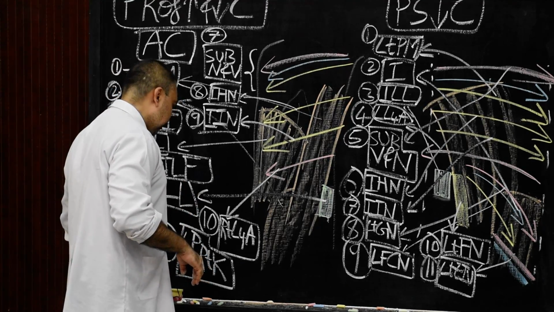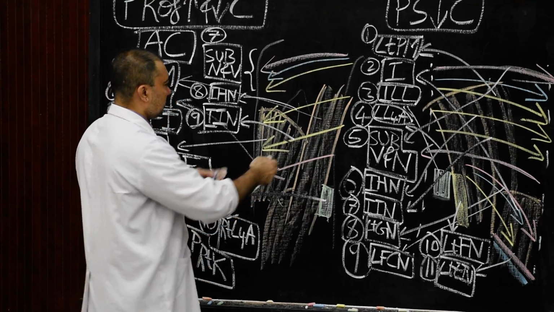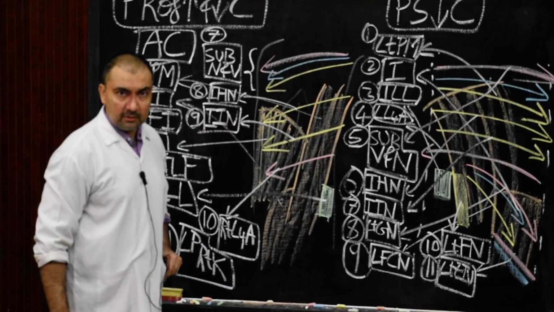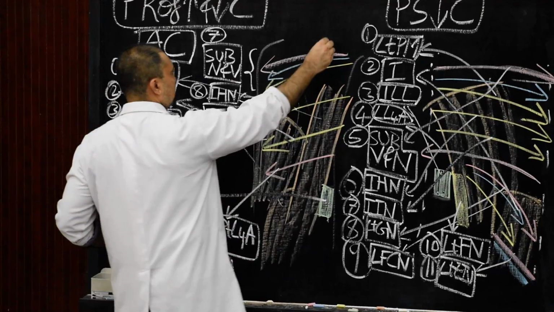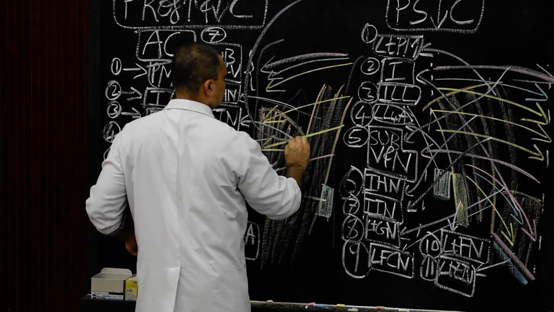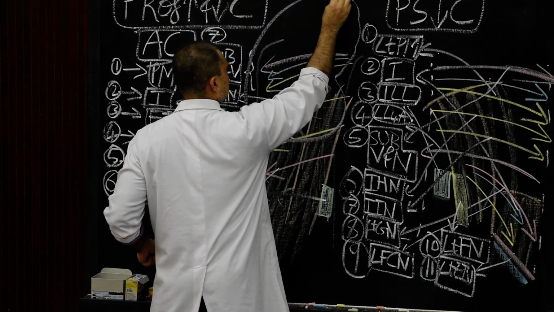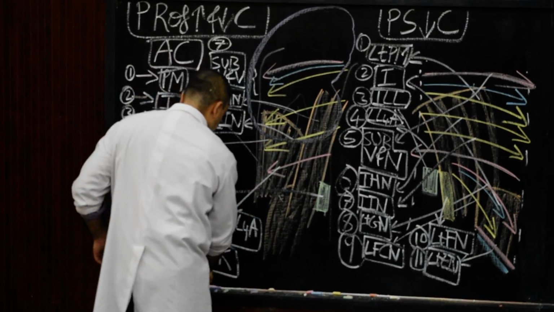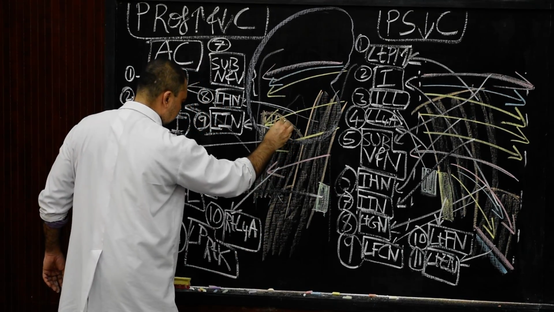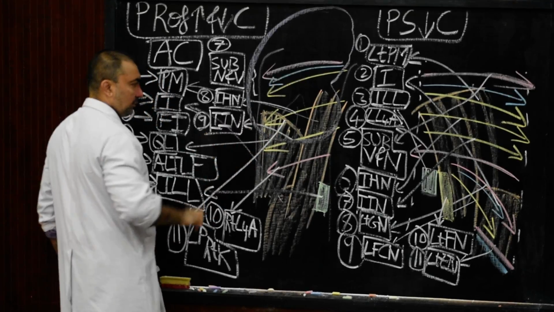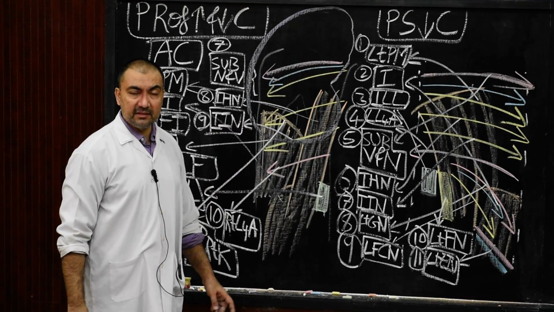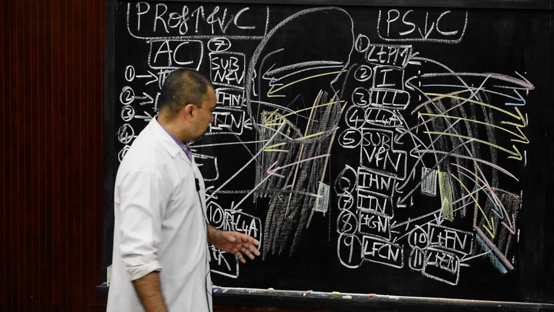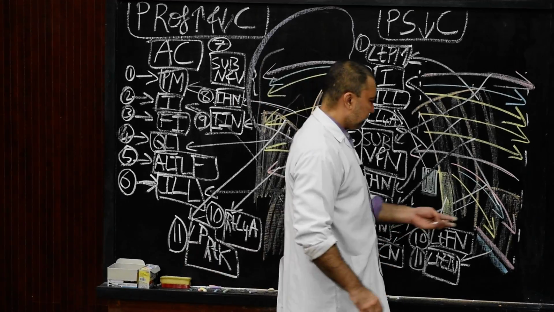And here, this kidney which we are going to draw, please draw. The structures which we have drawn in ascending colon, so lower pole of the right kidney, we can show this structure as this. So this is the surface of the kidney, and we can mark this structure as lower pole of the right kidney, which is related to the posterior surface of the ascending colon. Now come on this side. Please come on this side.